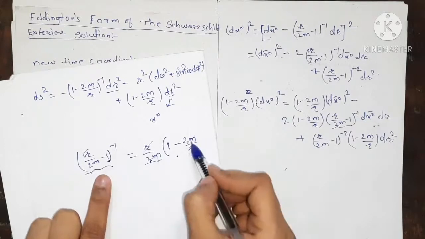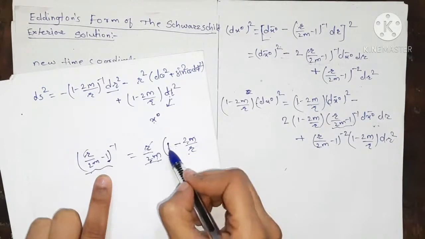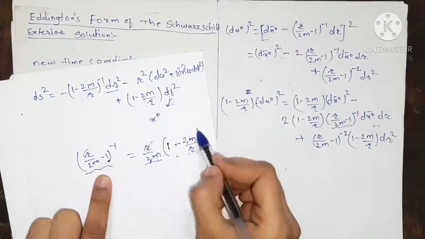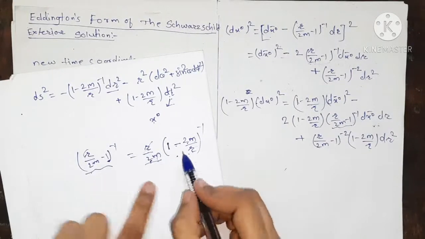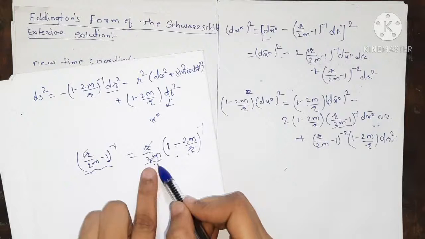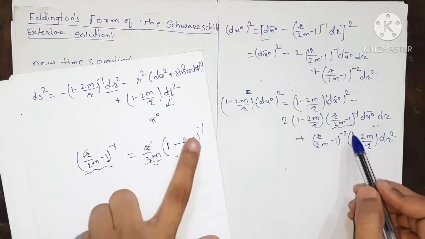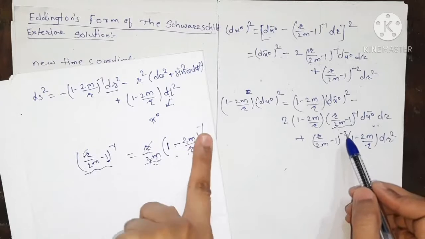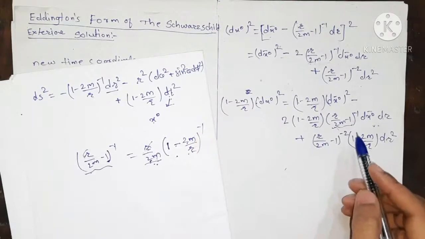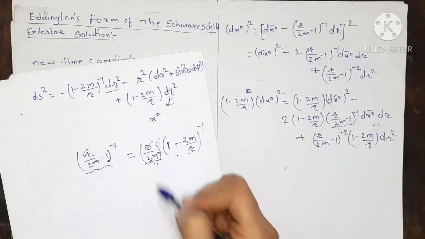Okay, so we have 1 minus 2m upon r in bracket, inverse. So if we take the common r upon 2m from this, we get r upon 2m, 1 minus 2m upon r, its inverse, and here it is also in the inverse form,